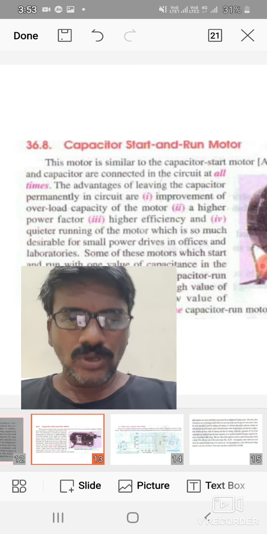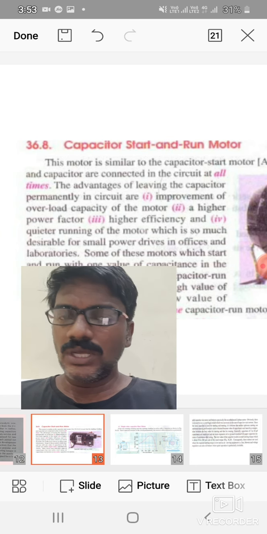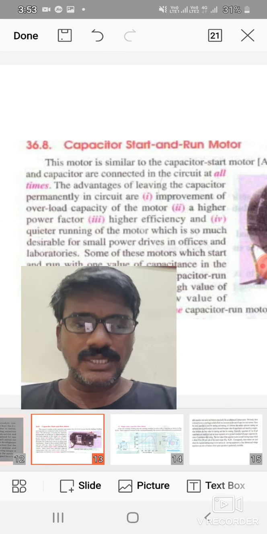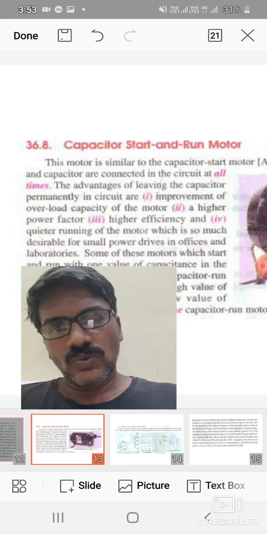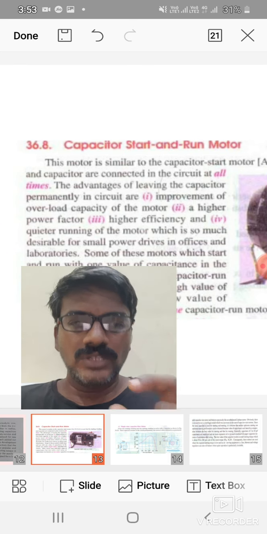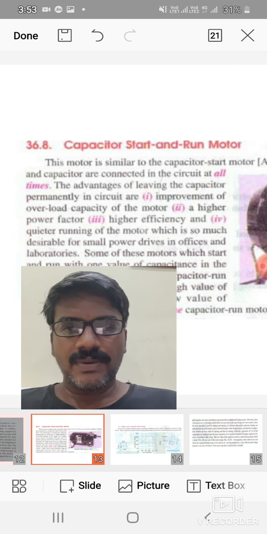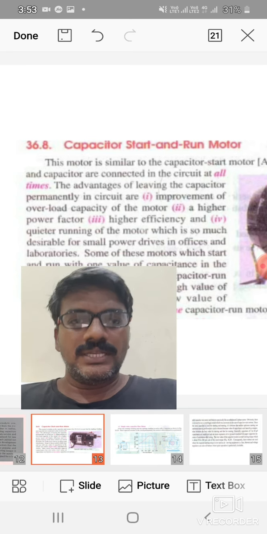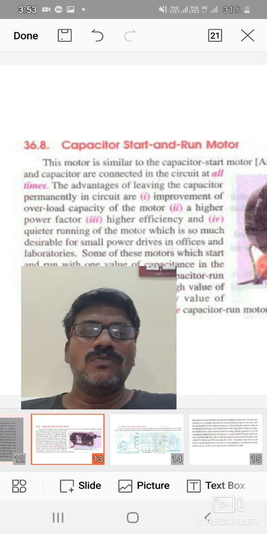It is designed for a 2-pole or 4-pole machine, right? Rotor connection remains the same, whether it is a capacitor start motor, a capacitor start and run motor, or a 2-value capacitor motor, right? The only difference is that in the first case, only for a small duration of 3 to 4 seconds, a capacitor is connected, right? But in this case, all the time the capacitor is connected in series with the main winding. So the main advantage of leaving the capacitor permanently in the circuit, the first one is improvement